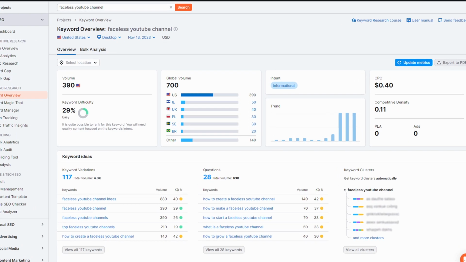This will work especially well if you combine the data from Exploding Topics Pro with a keyword research tool like